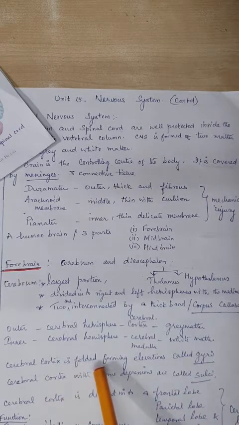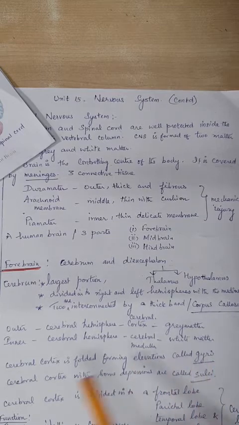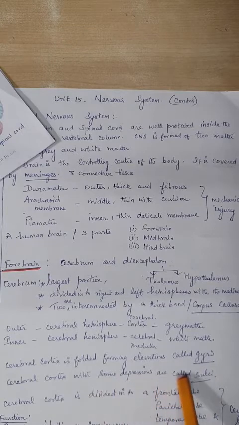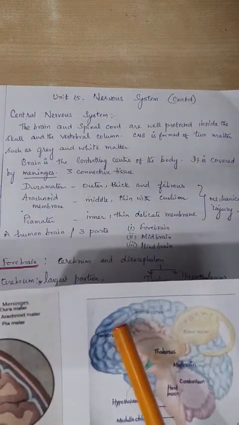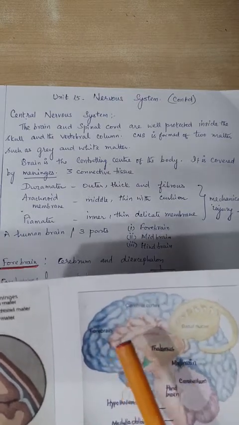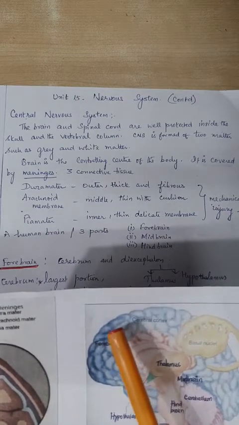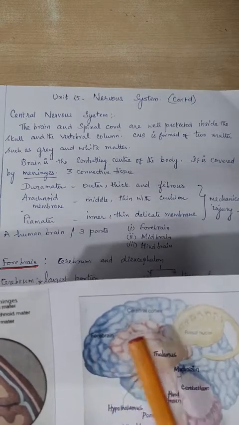Cerebral cortex is folded forming elevations called gyri, and the depressions are called sulci. You can see in the diagram very clearly the upper part showing elevations are gyri